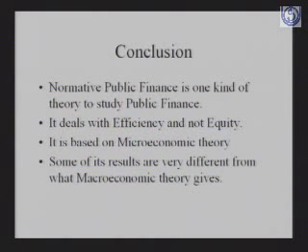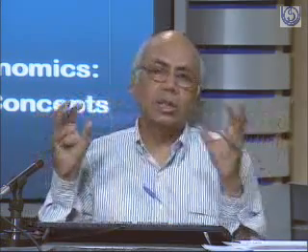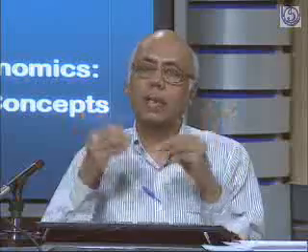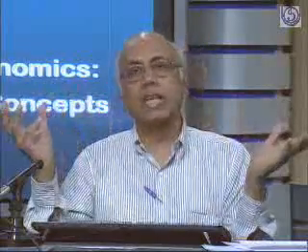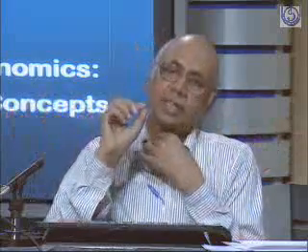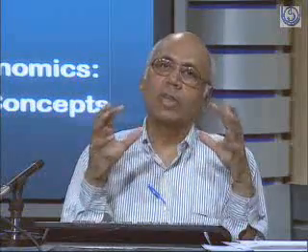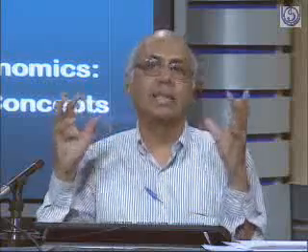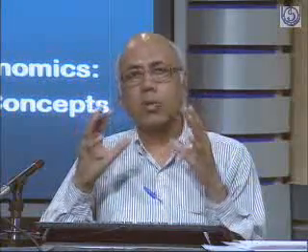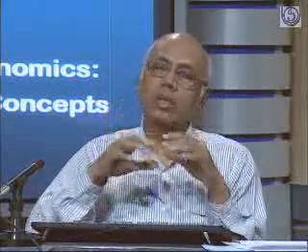If you look at it, this normative theory of public finance is only one kind of theory available, because within this also there are theories and theories and theories. It's not as if we have one unique result for everything. It's not as if in the first best and in the second best we can achieve whatever we like. Okay? So therefore, first thing to realize is that this kind of public economics is only one kind of public economics that is available. And especially when we think about it, in this public economics, what happens is that resources are given fixed. It is always thought that there will be full employment.